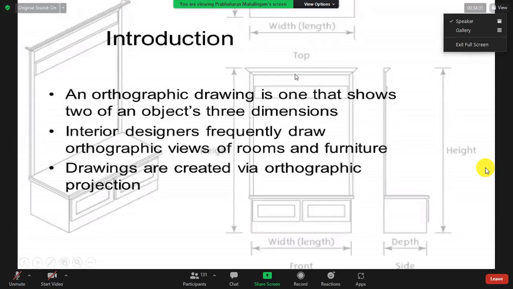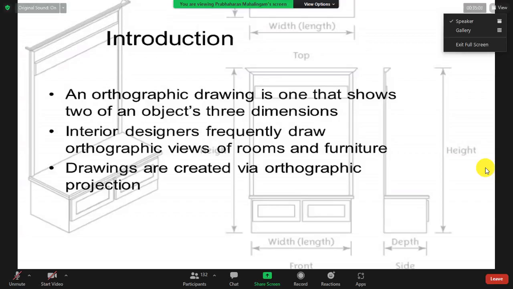Suppose one of your batchmates, not in agriculture, some other friends, asks what you studied in your drawings. Don't tell them I am following engineering drawing. Say I am following mechanical drawing. These drawings are there, but there is not that much standard. So we are learning instrumental drawing. What do you want to tell?